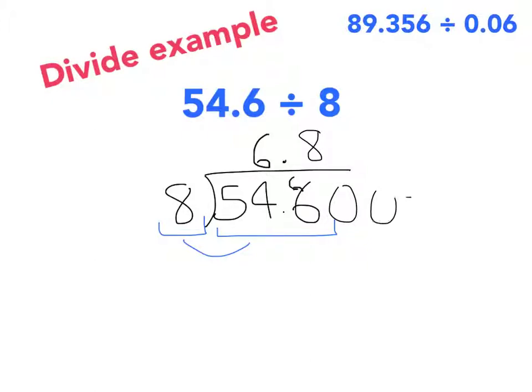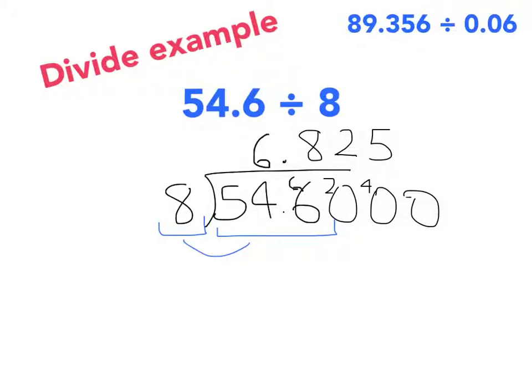Let's add some zeros here so I can start doing something. Remainder of 2. I keep on adding zeros as many as I require. 8 into 20. Well, 8 can go into 16 with a remainder of 4. 8 goes into 40. Oh, look, that's cool, 8 goes into 40 evenly. So 54.6, my decimal, divided by 8, becomes